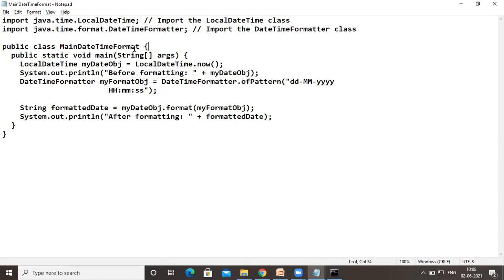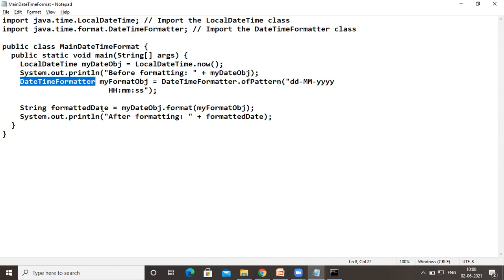As you can see here, we are writing a main class, and then we are calling the LocalDateTime object. First, let's print the LocalDateTime object. Look at this statement: LocalDateTime, which is a class, and we are creating an object myDateObj equal to LocalDateTime.now. It will print the present system date. Now we have printed it here. This is the print statement. Before formatting, we are printing the object contents, and then we are calling this DateTimeFormatter class.